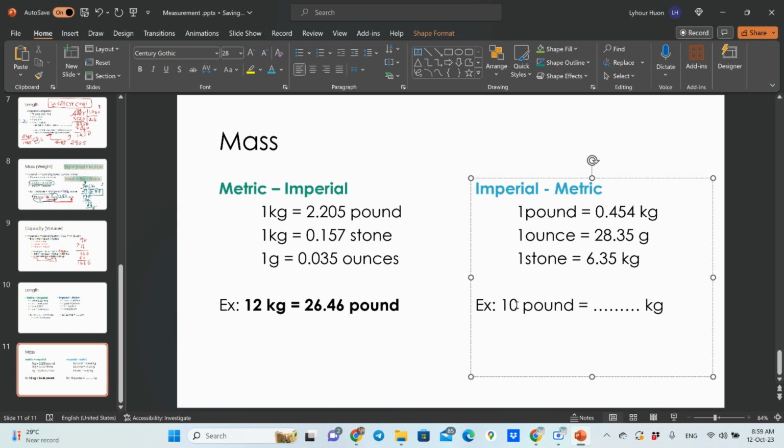How do you convert 10 pounds? 10 pounds multiplied by 0.454, correct? So 10 times 0.454 equals to